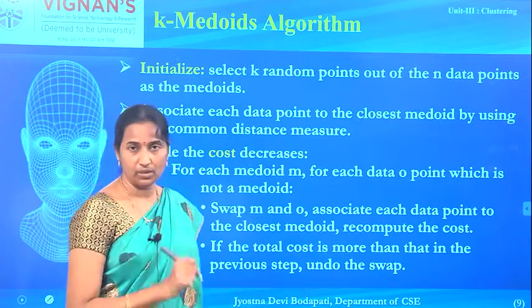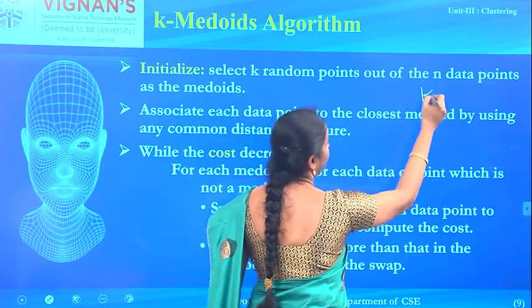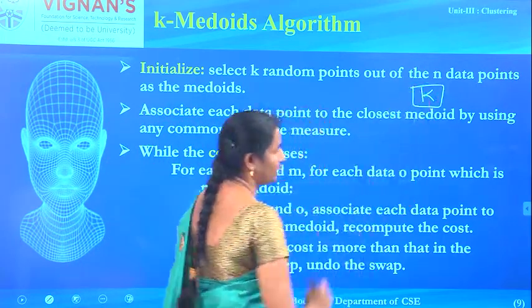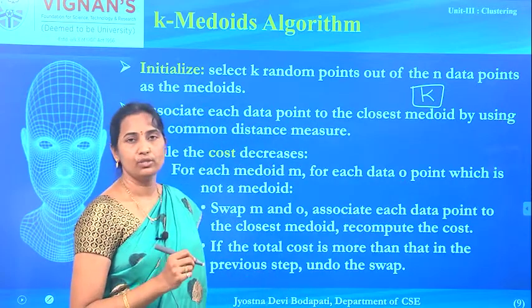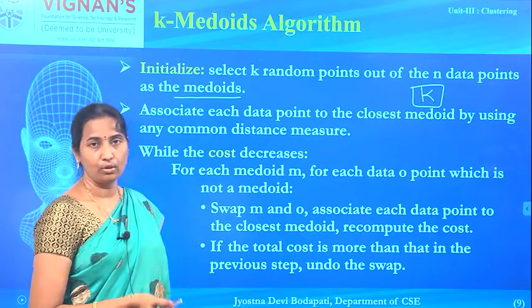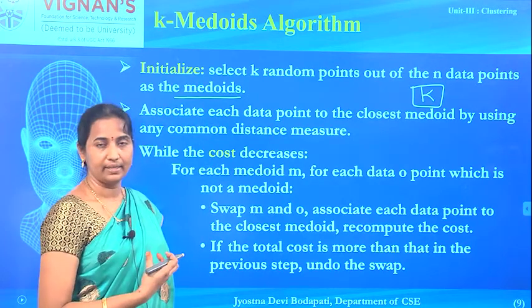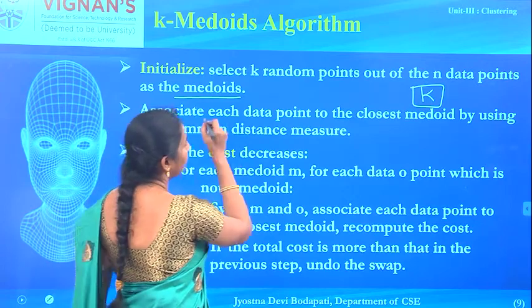Similar to the K-means clustering algorithm, in K-Medoids also you need to select k random samples from the input data, and these k random samples act as the initial Medoids in the algorithm. So once you have the K-Medoids, which are randomly selected samples, we need to assign every data point